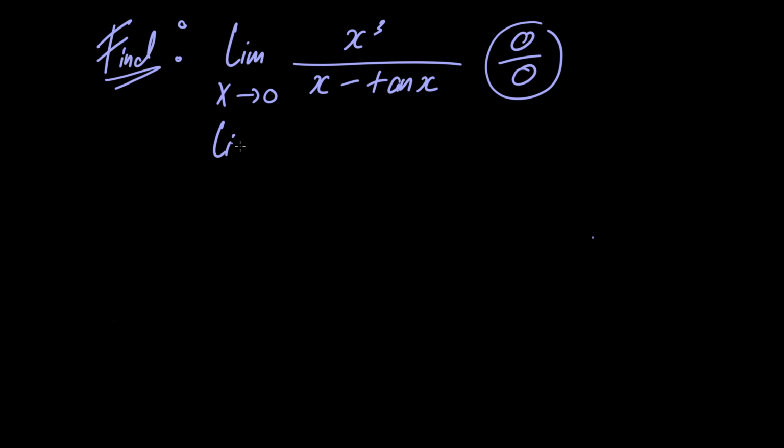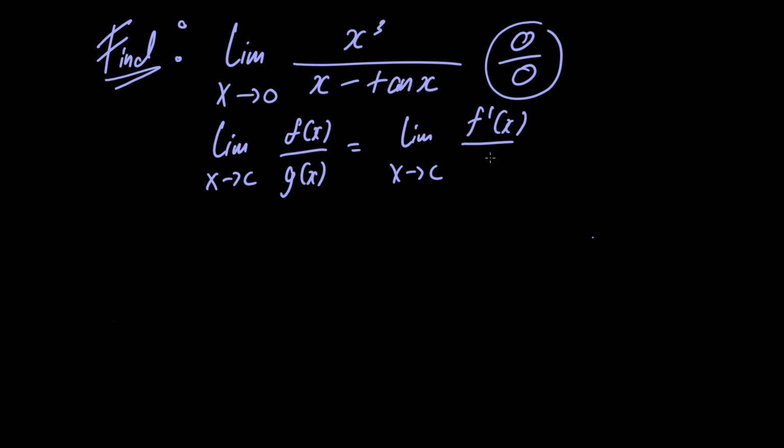L'Hopital's rule says that if you have a limit as x approaches c of a function f of x divided by another function g of x, this is equal to the limit as x approaches c of the derivative of f divided by the derivative of g, given that f and g are both differentiable at c and that the limit is of indeterminate form 0 over 0 or plus or minus infinity divided by plus or minus infinity. And you can apply this rule indefinitely as long as this criteria is satisfied. So you could apply it 2, 3, 4, 5 times in order to solve your problem, as long as this